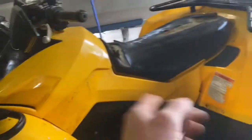I just kind of rinsed it off because I gotta take my belt cover off, and I'll show you guys what that looks like under there. Well, probably got full of mud, but I'll show you guys what that looks like when I clean it up. Because I'm really not supposed to ride it. The dude told me not to ride it in mud or anything because none of my seals are sealed up,